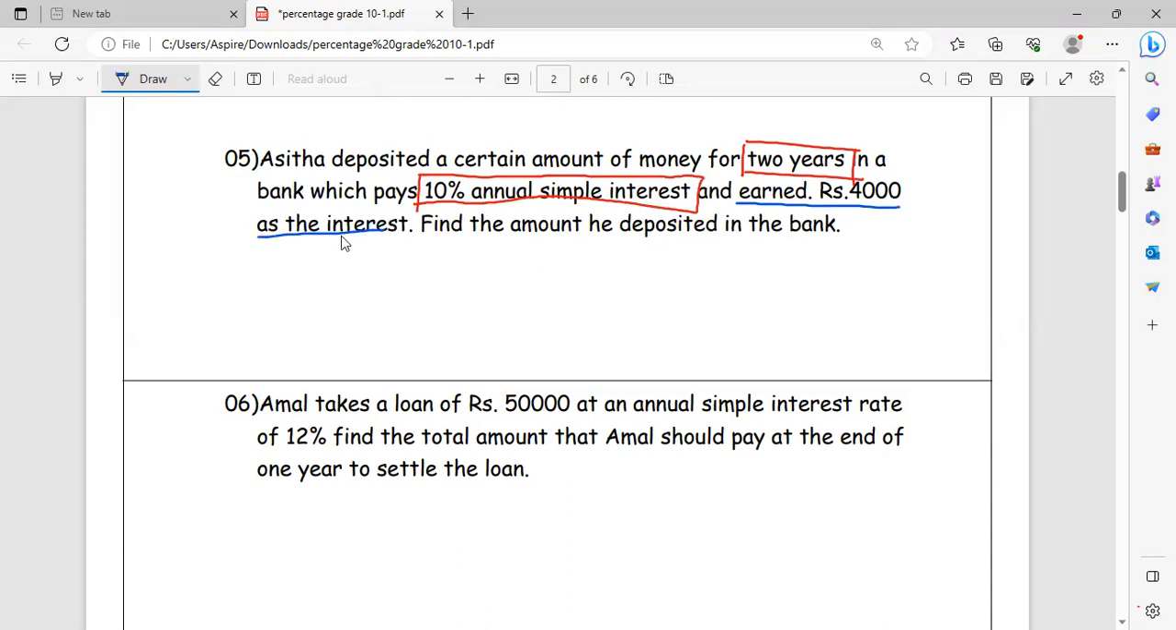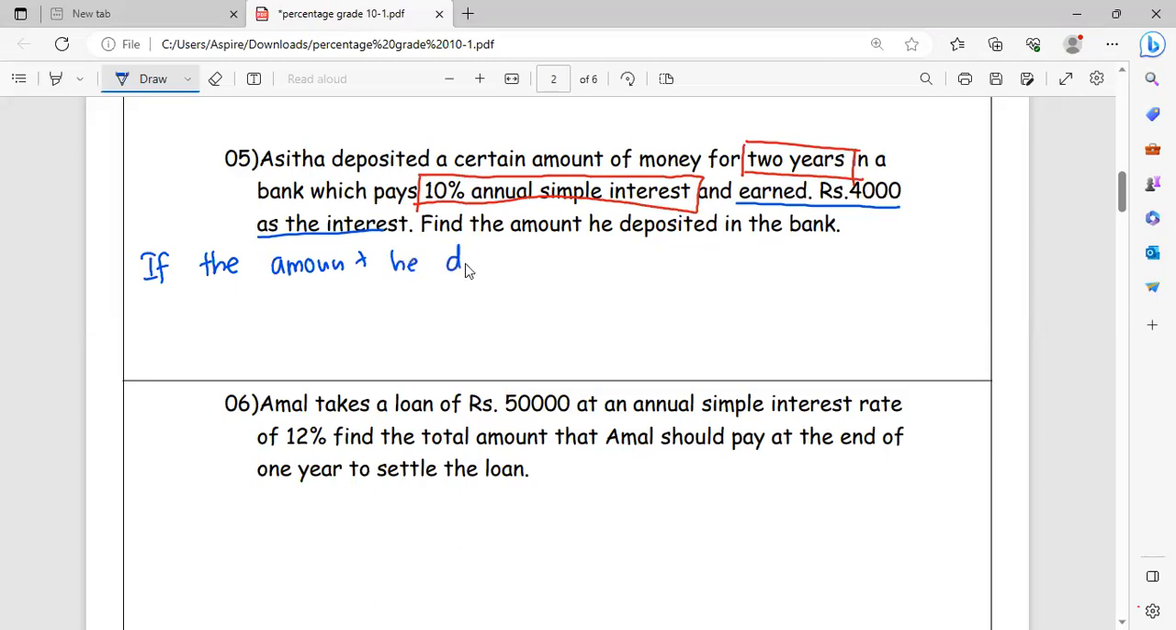How much interest has he received? It is 4,000 for the 2 years. Then you have to find the amount he deposited in the bank. We have to find the amount Asita deposited in the bank. So, son, for how long has this simple interest been earned? For two years, right? Then look, if the amount